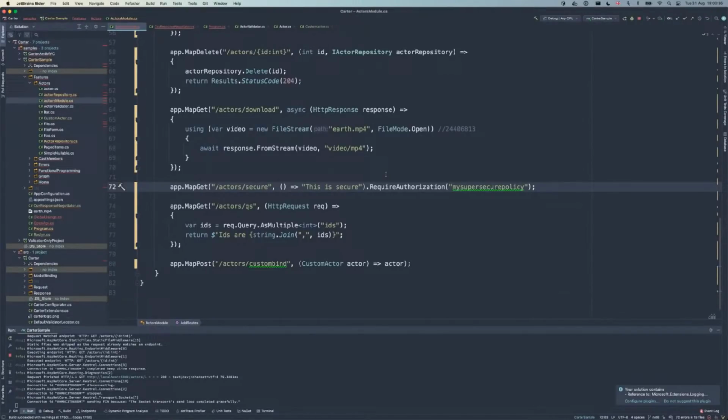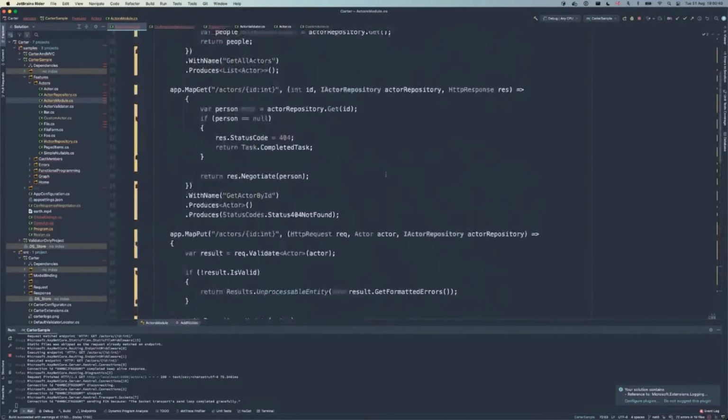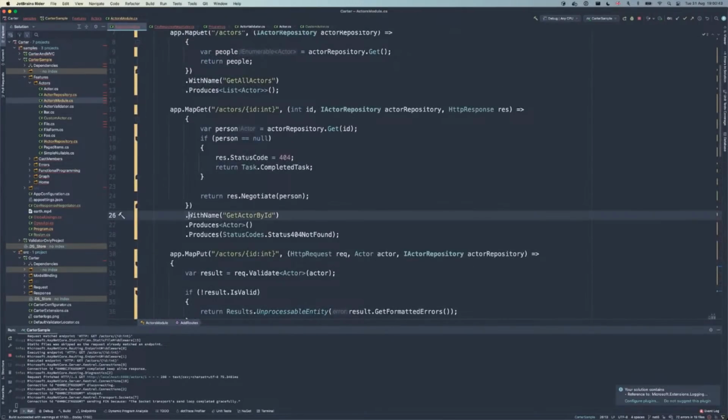Yeah, that's not Carter. That's pure minimal API, and actually this stuff here goes back to the OpenAPI support that comes with minimal APIs. So you've got your root, you've got your delegate, but you can then give it a name. You can tell it produces this actor object.